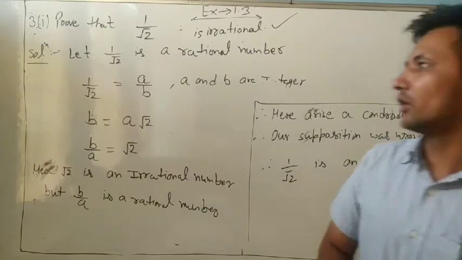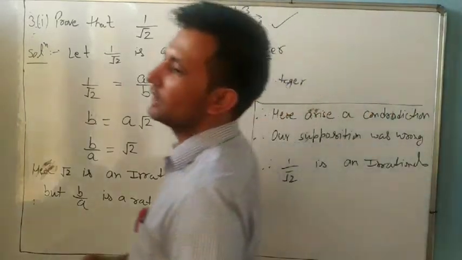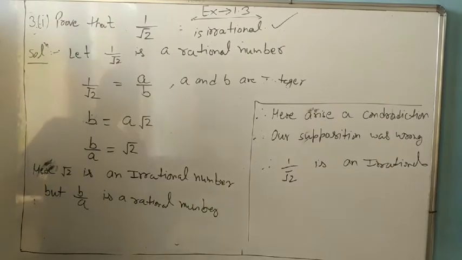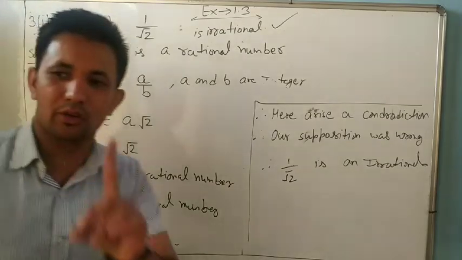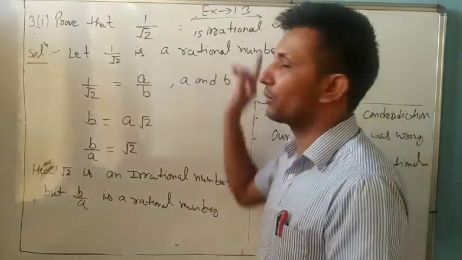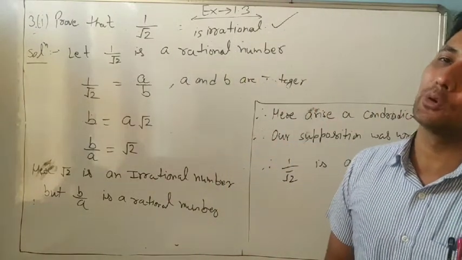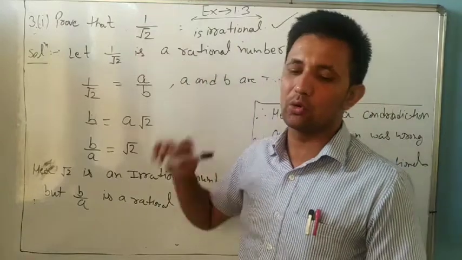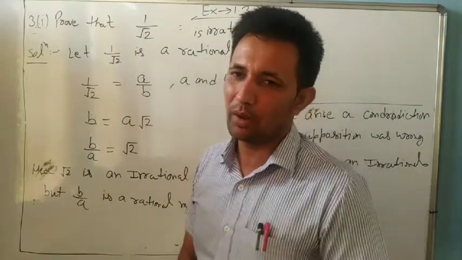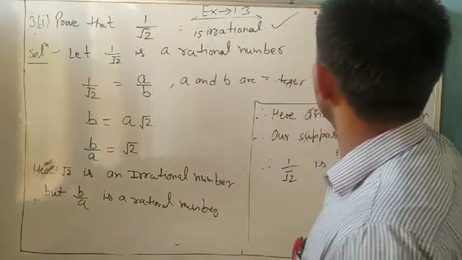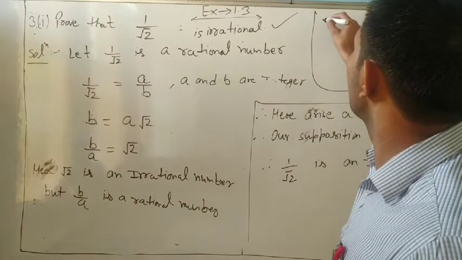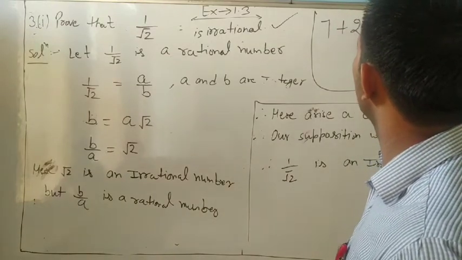It is a very important exercise. Definitely, 99% one question of 3 marks from 1.3 comes every year. Maybe root 2 comes, maybe root 5, or maybe 1 upon root 2, maybe 3 plus 2 root 5. So now if any question comes, you can write it easily. Suppose 7 plus 2 into root 7 comes.